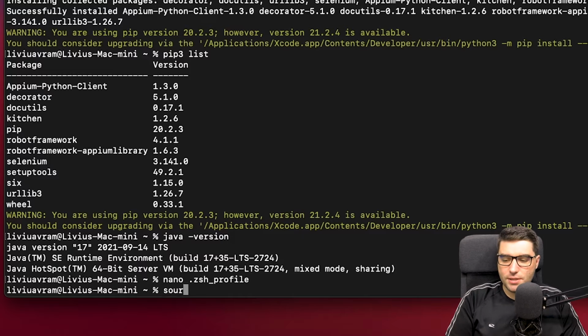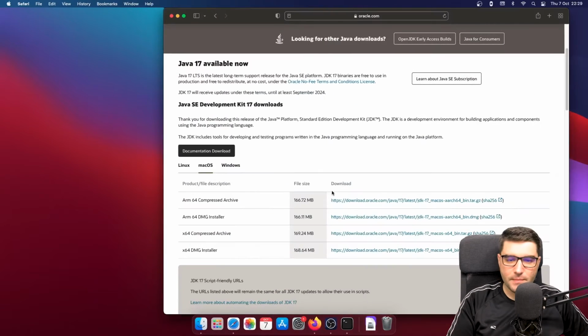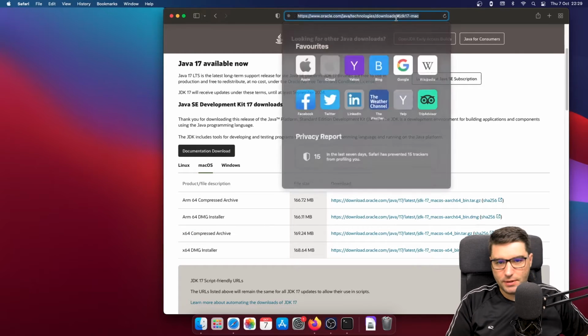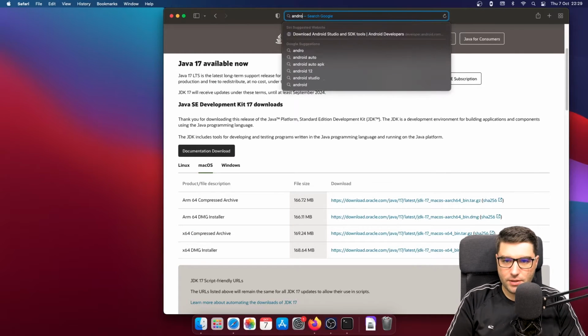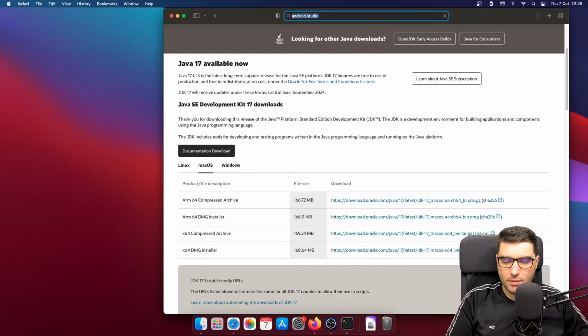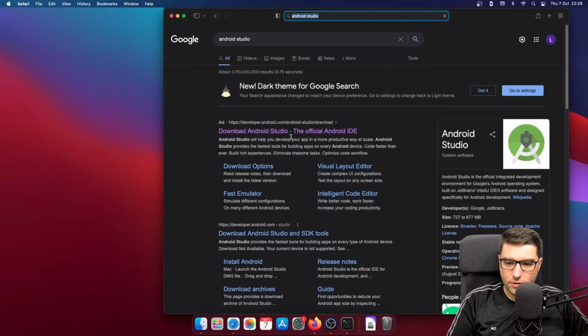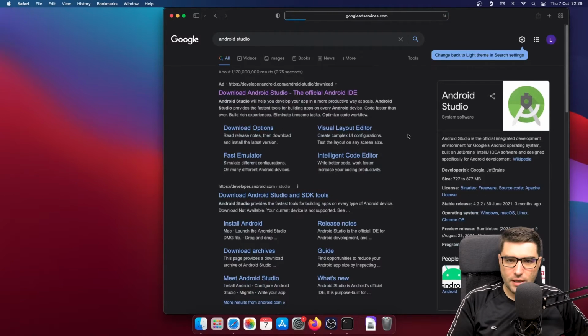Now I will source this file, the zsh profile. Okay, now I will install Android Studio. The way to install Android Studio on your Mac is simply by going on Google and searching for Android Studio.